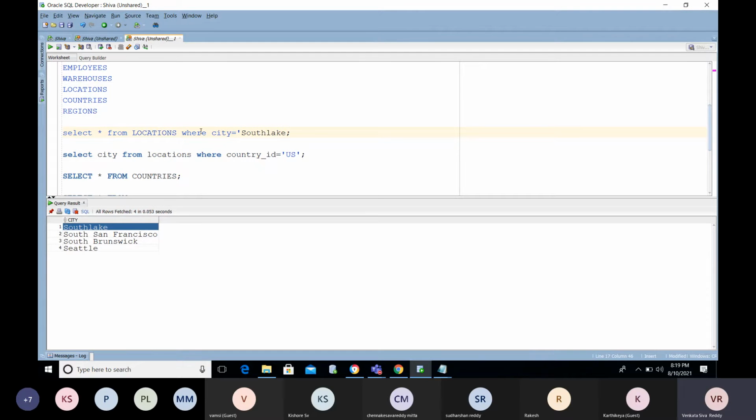Find out the location and the south. No. Find out the region. This South Lake is the city we have, right? I need to find out which region this is related to. I don't know what query you are going to use. I need the answer.